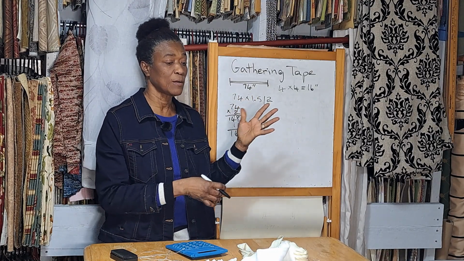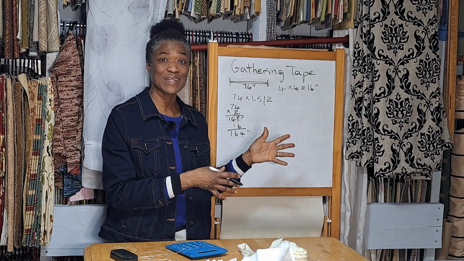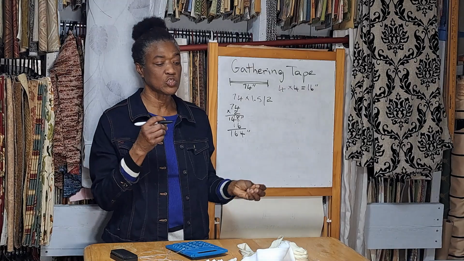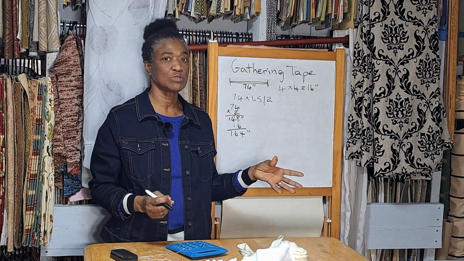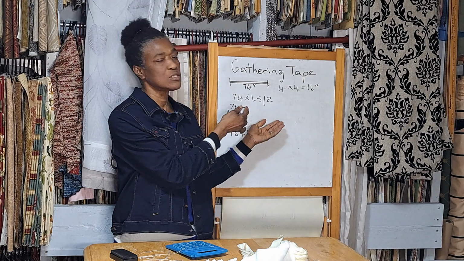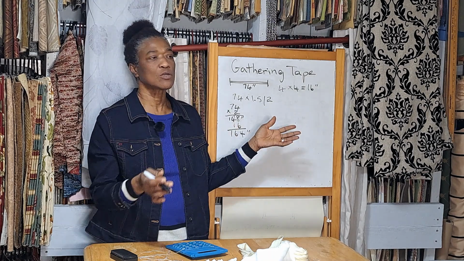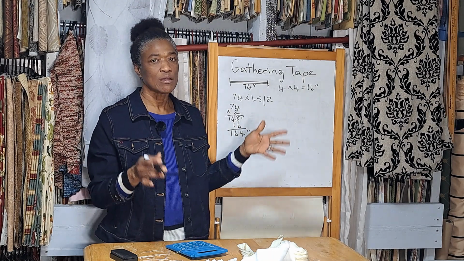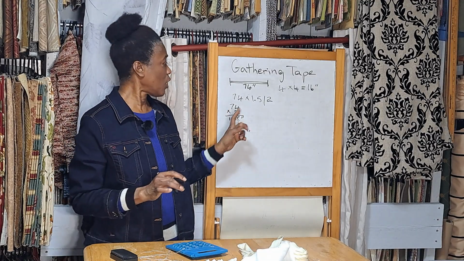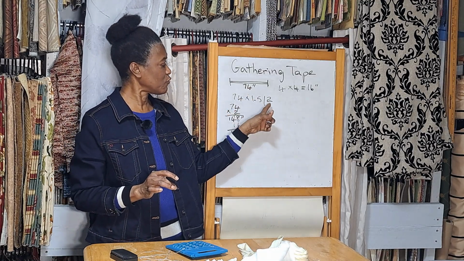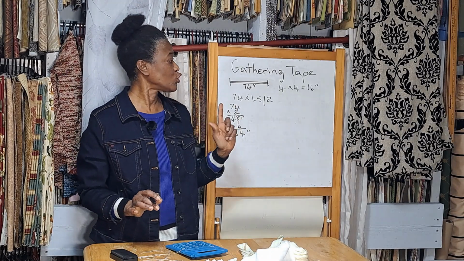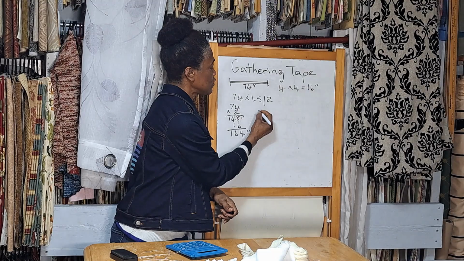When we're doing the triple pinch pleat, stuff like that, you just have to stick with a particular measurement. But for your pencil pleat, your gathering, your shearing, you can go a little above what is required here. So you can go 2.5 or 3. That will give you more fullness, right? Anyways, what we did was multiply the 74 by 2 and we got 148 inches. So we need 148 inches